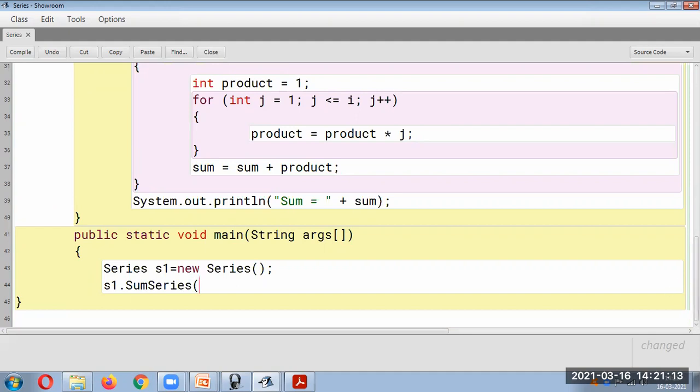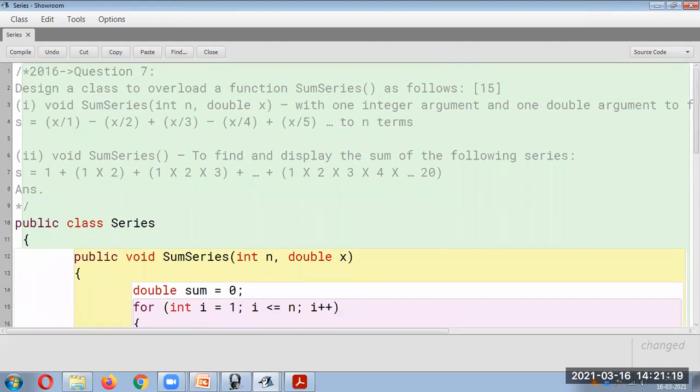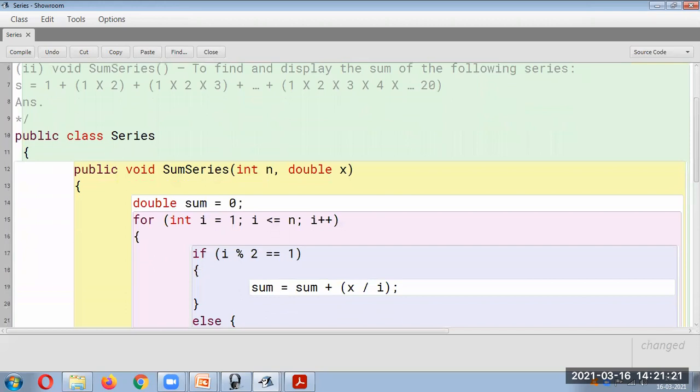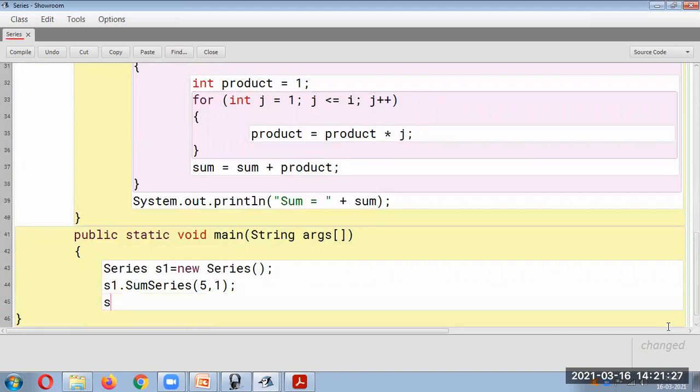Pass two values over here. N and x. N value we can put it 5 and x you can take it 1 only. Just writing a simpler value. Okay. And then say s1 dot sum series.